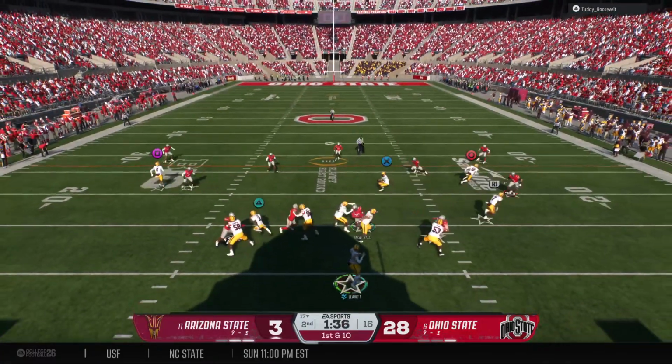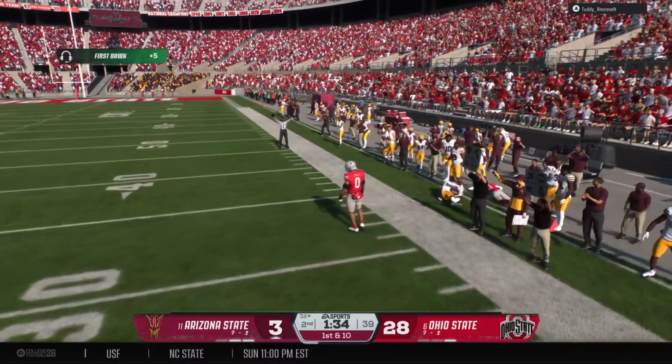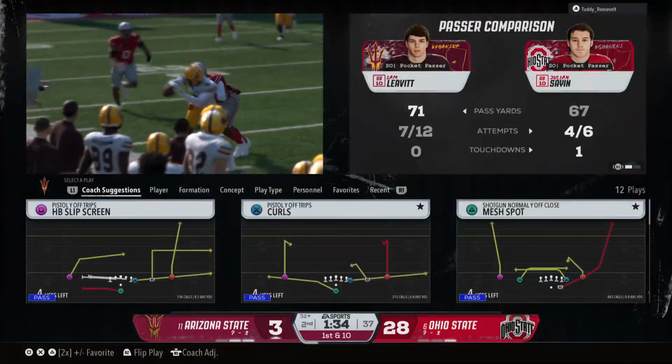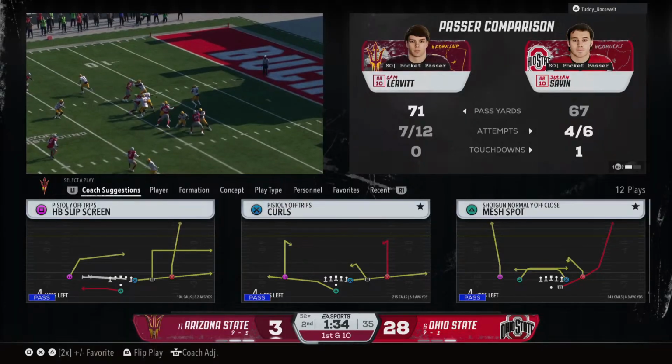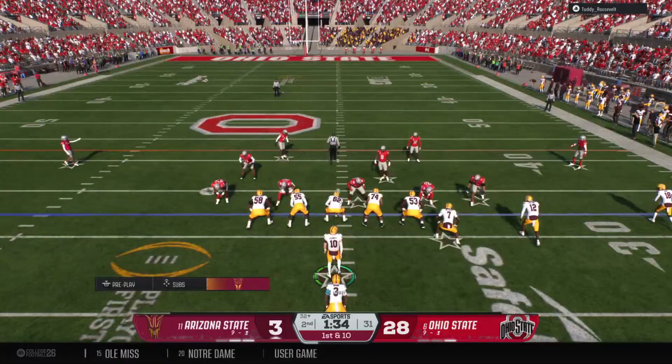Back to throw, it's Levitt. Quick throw to his receiver. Caught on the outside, it's Moss. That's a big gain before he goes out of bounds. It'll move the sticks, more than enough for a first down. A new set of downs after that completion.